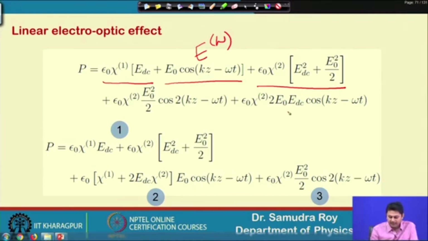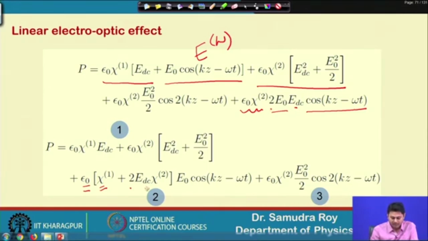And another term is here, E 0 cos k z omega t, but the coefficient is different here, epsilon 0 chi 2 E 0 DC. So, epsilon 0 is common in both cases. So, I write epsilon 0 here. In this case it is chi 1 and in this case it is chi 2 EDC and there is a